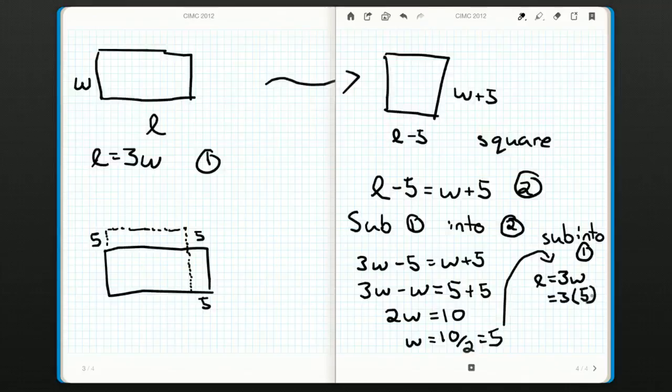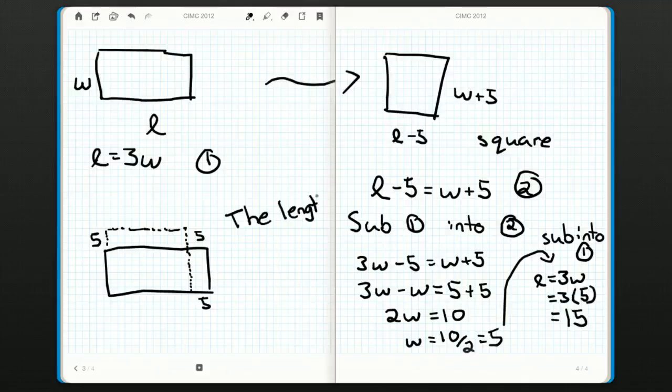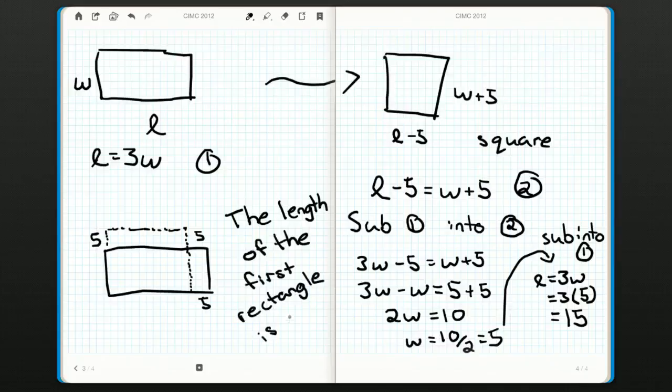We just learned that, which is 15. And we could make some statement somewhere. Let's put it over here. The length of the original, or I'm going to write first, is